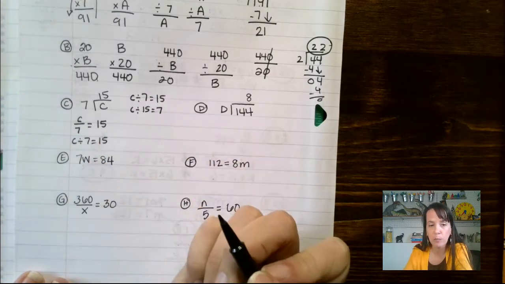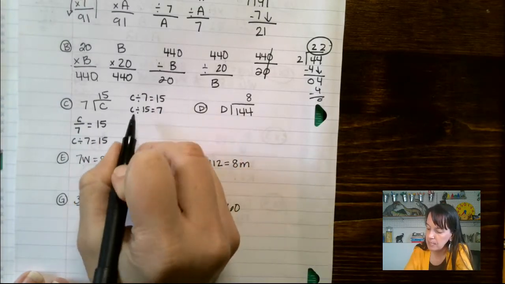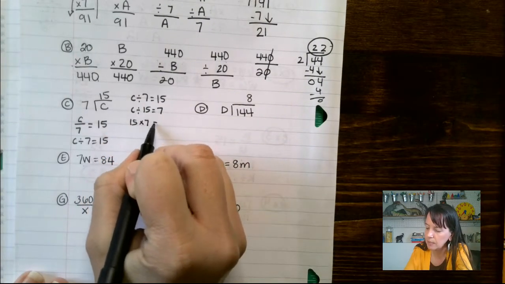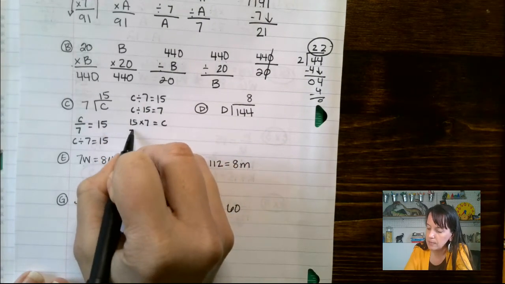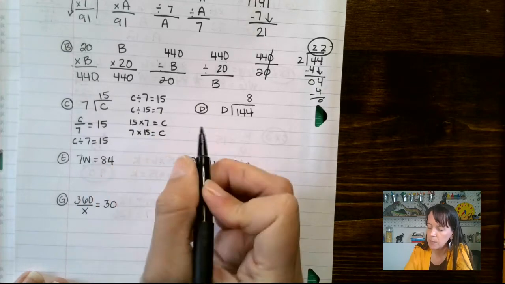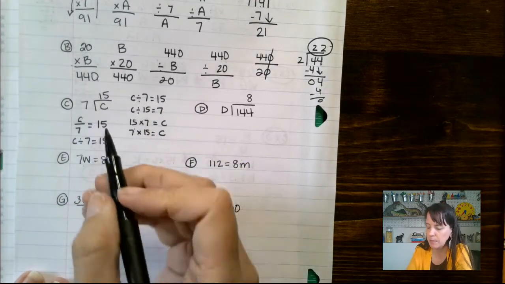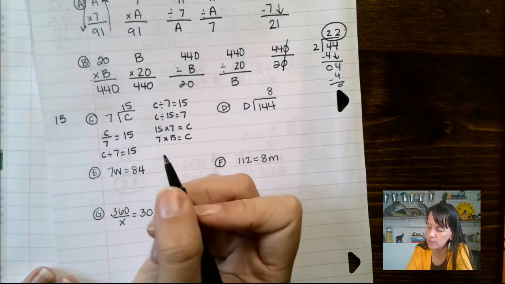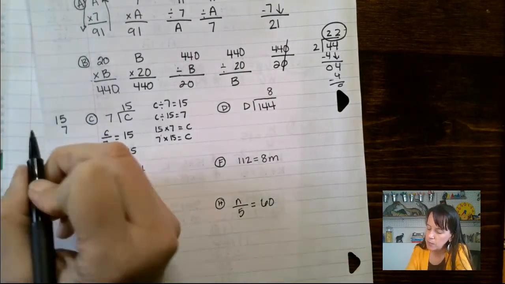And then we can write our multiplication problems. For this one, we divide this way, multiply this way, we get 15 times 7 equals C. Or we get 7 times 15 equals C. So we can use either of those last 2. I'm going to do the 15 times 7 because you always want to put the one that has the greater number of digits on top. So 15 times 7,